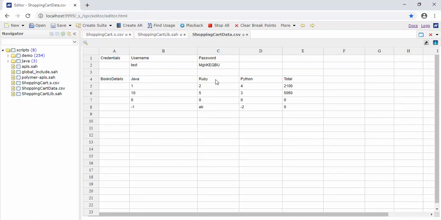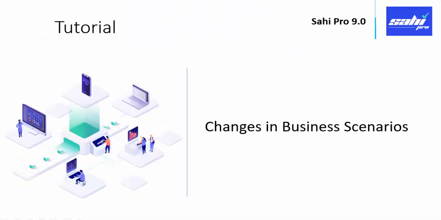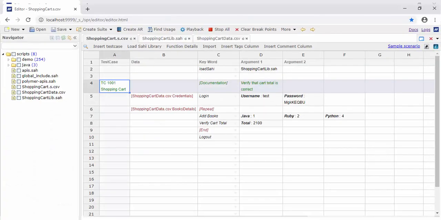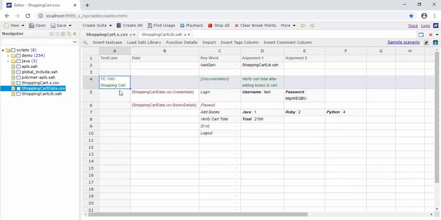In this video, we will see how you can easily edit your tests and manage them according to the changes happening in your application. Let's imagine that the flow of our business use case is now changed, leading to the changing or addition of a new step in our test case. For this example, let's say that we want to clear the cart before logging out of our account. That means we need to add an additional step or keyword in our test case. Let's see how we can make that addition and implement that keyword easily.